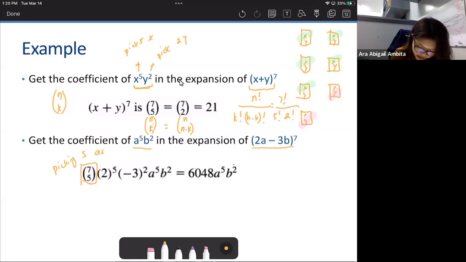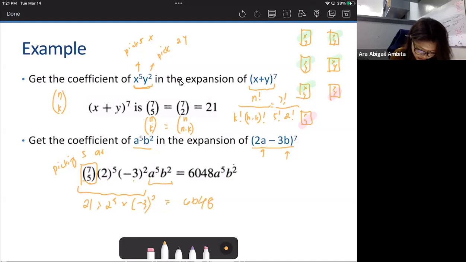Okay, and since a and b have coefficients 2 and -3, we must also compute for those values. So 2 raised to 5 and -3 raised to 2 times a raised to 5 times b squared. And if we evaluate this one, we already know from the previous example that 7 taken 5 is 21, correct? So times 2 raised to 5 times -3 raised to 2, that is equivalent to